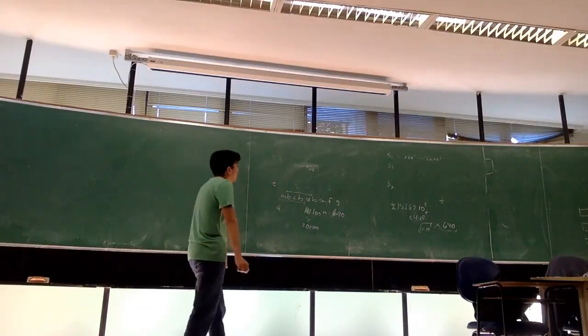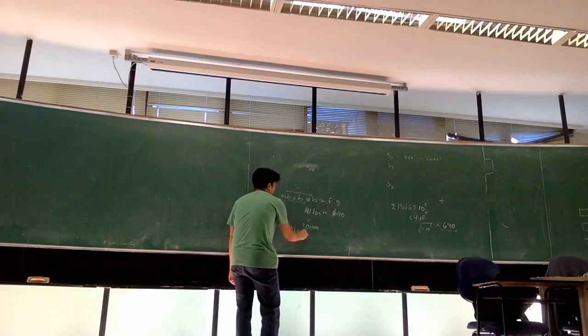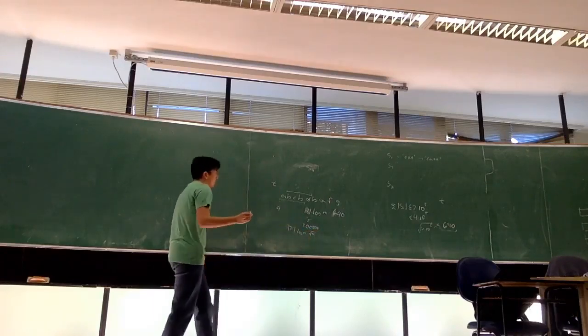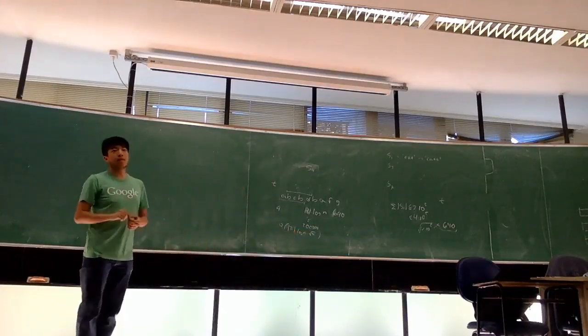So it would be total length times log n times square root of